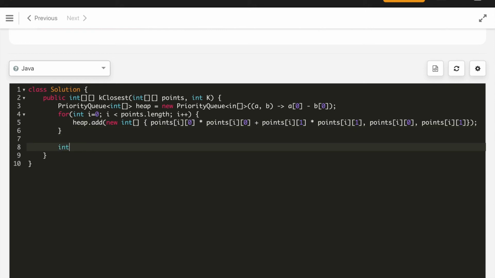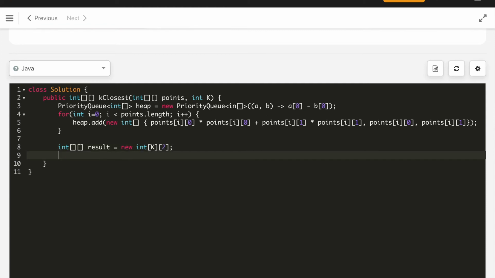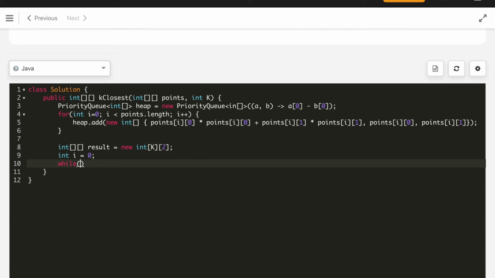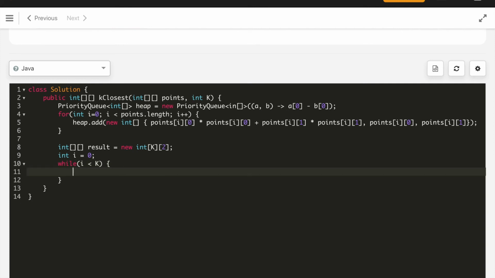After that we need to return a result as an integer pair, so result equals new int of k points and 2 directions, the x, y coordinates. Then we will start from the queue, while i less than k, we need to get the k points from the heap, fetching by polling the points one by one. So int array item equals heap.poll.